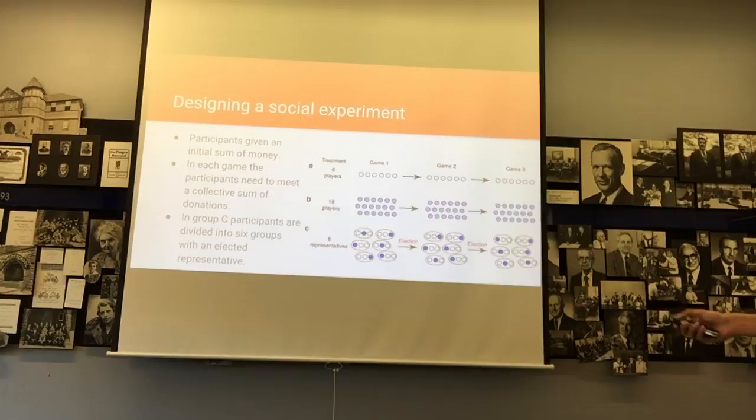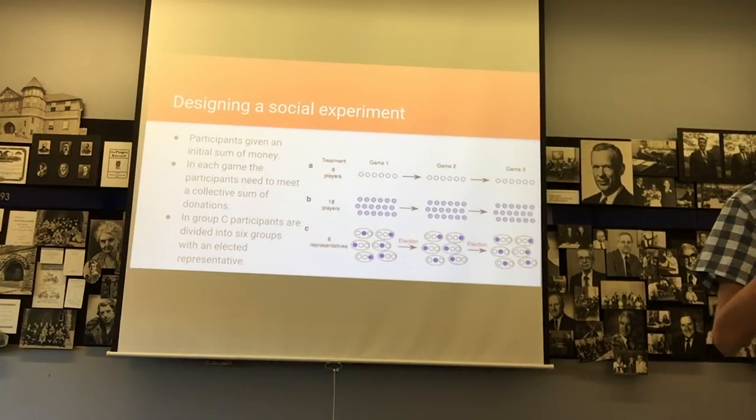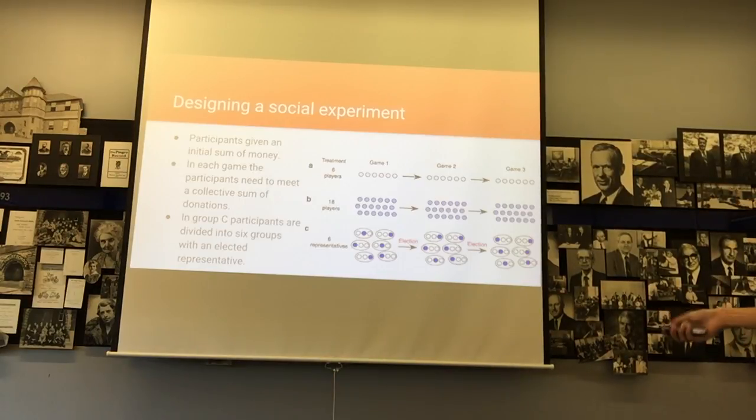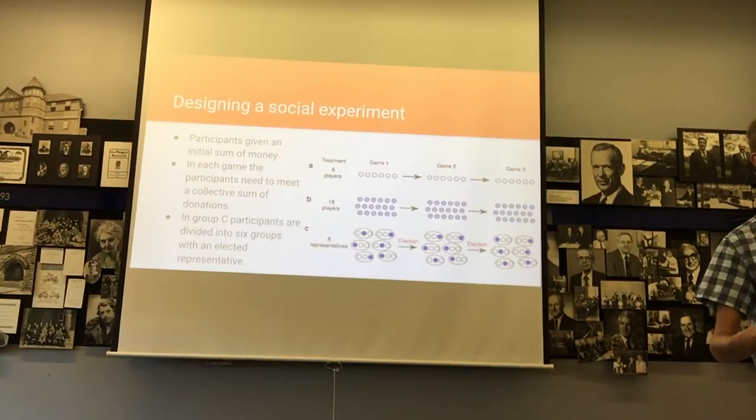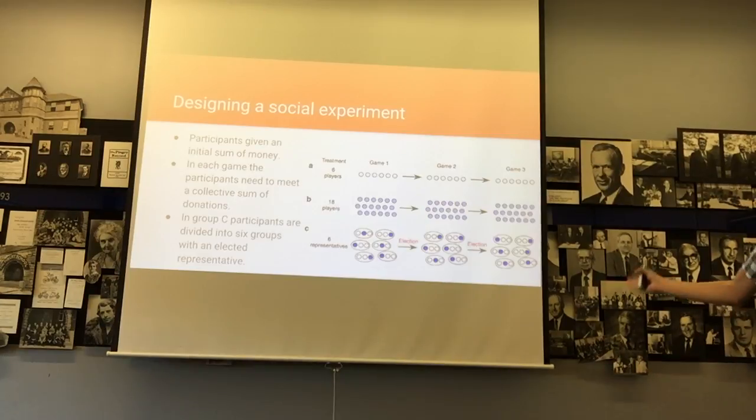And basically, the 3 different rounds is after each round, the participants in this group could choose to re-elect their representative. So the first game it was random. The second game they basically went to a group and they said, okay, we want this person to be our representative now. And then in the third game, going into the third game, they did the exact same thing. And in the first 2 groups, it was just a way to kind of separate them and see if over time they change their view.